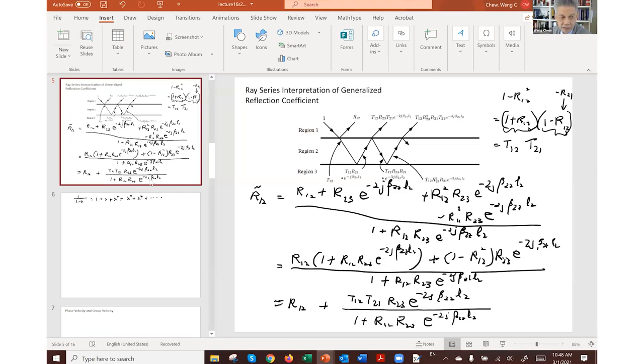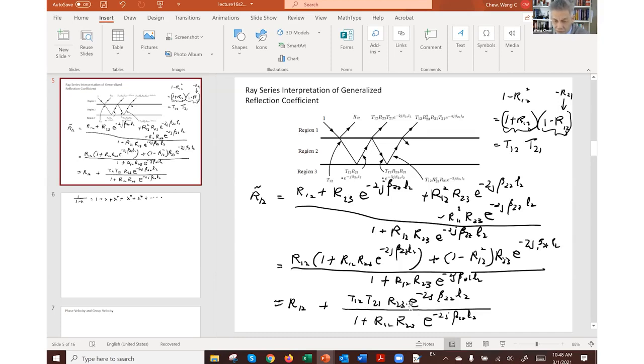The next term is this being set to 1, it would be T12, which is this coefficient here. Then the wave travels to interface 2, 3 and suffers a reflection coefficient R23, and then it travels